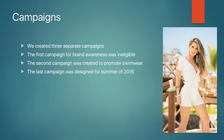Alright, I'm going to talk about the key results of our campaign. The overall performance of the ad campaign was highly effective. We initially had some trouble considering that our first campaign was not eligible. After abandoning the first campaign and creating a second campaign, it resulted in more clicks, upward of 70,000 impressions. Our third campaign was also effective, gaining 10,000 impressions and a